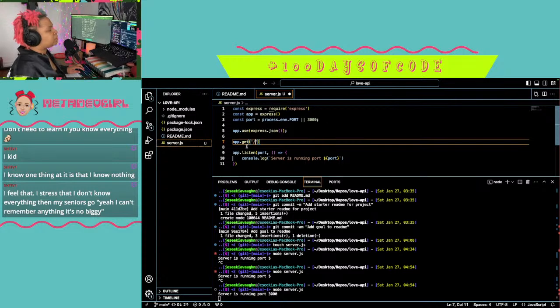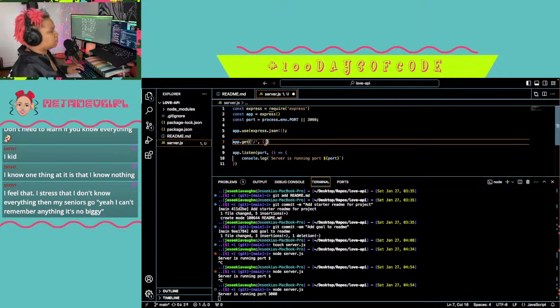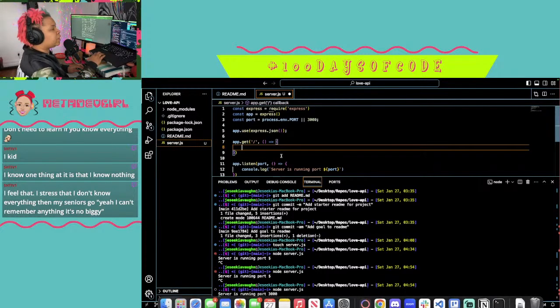So this is my home route. I need req and res.